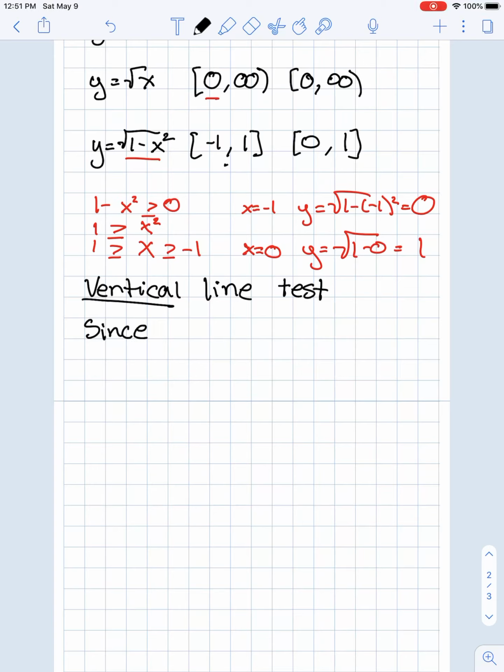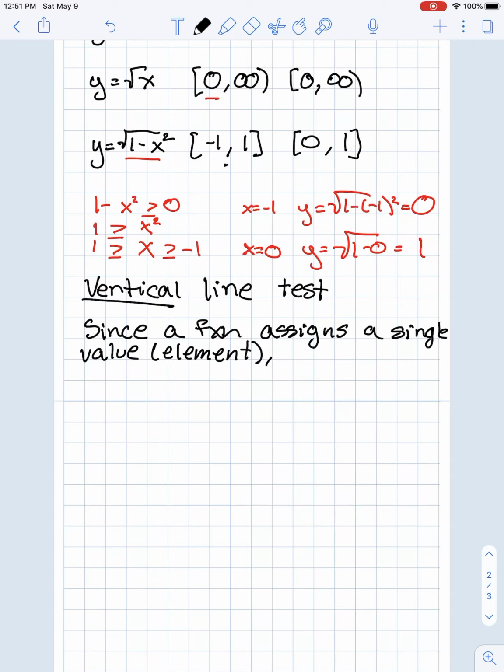So, since a function assigns a single value, or element, we call f of x to each x, no vertical line can intersect